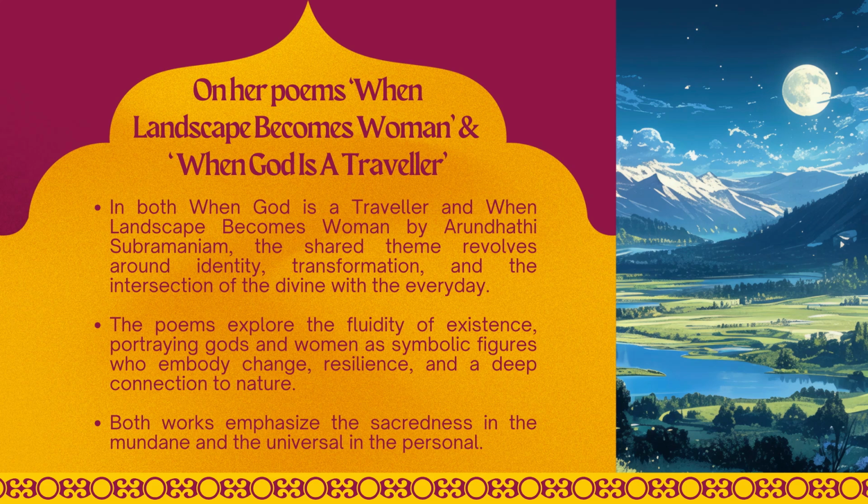When Landscape Becomes Woman, on the other hand, shifts the focus to femininity and nature, portraying that landscape as a woman who is at once powerful, nurturing, and constantly transforming. Here, Subramaniam merges the natural world with the feminine, suggesting that both are dynamic and resilient, embodying cycles of creation, destruction, and renewal. The landscape as woman metaphor reinforces the idea that identity, whether human or divine, is shaped by external forces. It remains deeply rooted in an inner strength and adaptability. Both poems reflect Subramaniam's exploration of mythology and gender to address existential